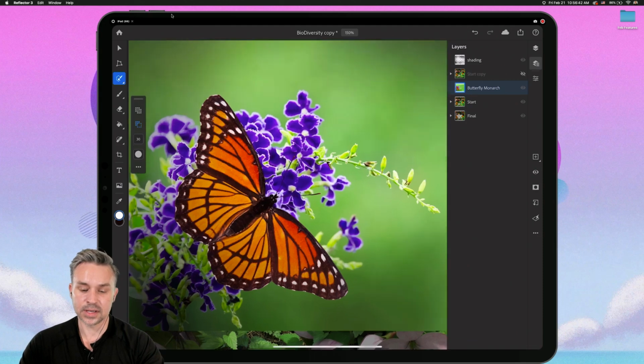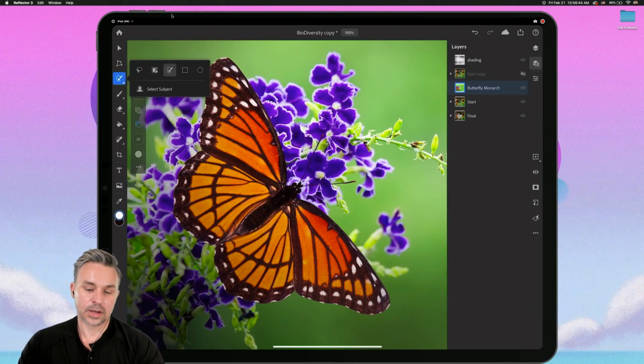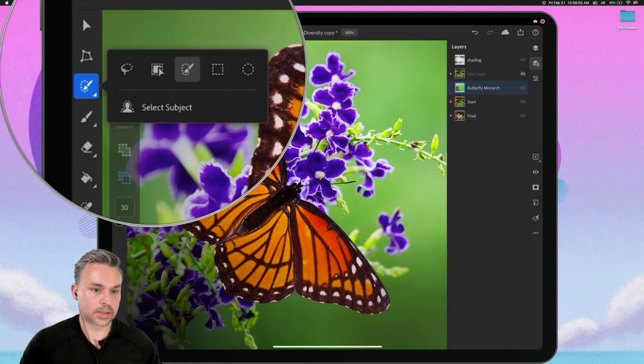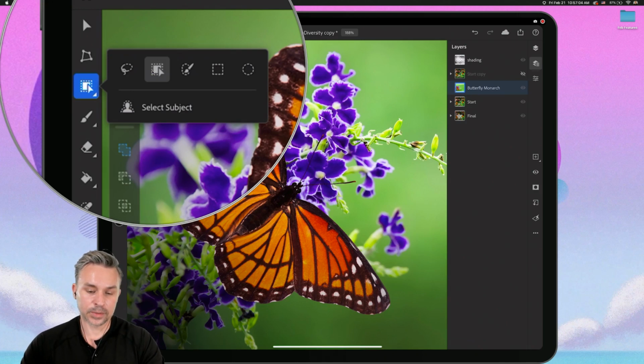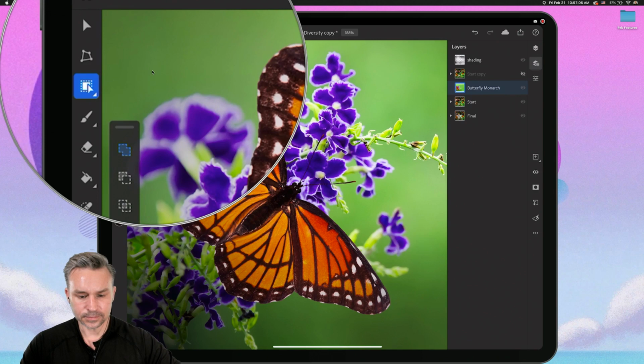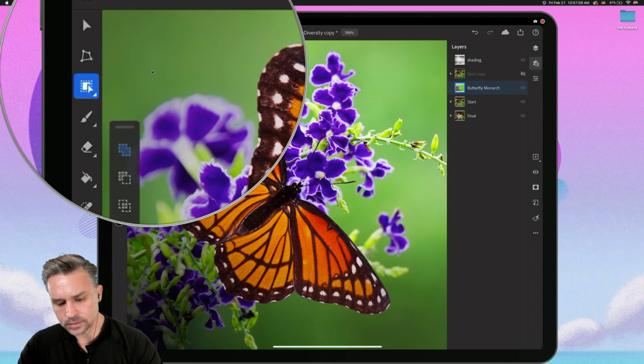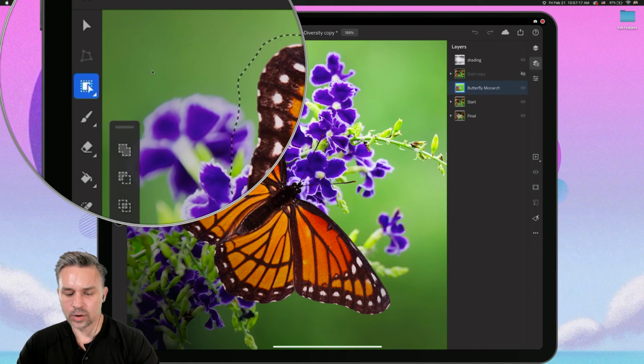Let's say, for instance, I really just want this butterfly. So just do a long press there. We have the lasso tool, but guess what? We have the select subject tool. Let me try to zoom in on that for my friends. There we go. So you see this tool right here that I'm selecting right now. This is the select subject tool. It has a couple different settings. So I have it selected. Select subject, and I can actually just drag around the subject that I want, which happens to be just this